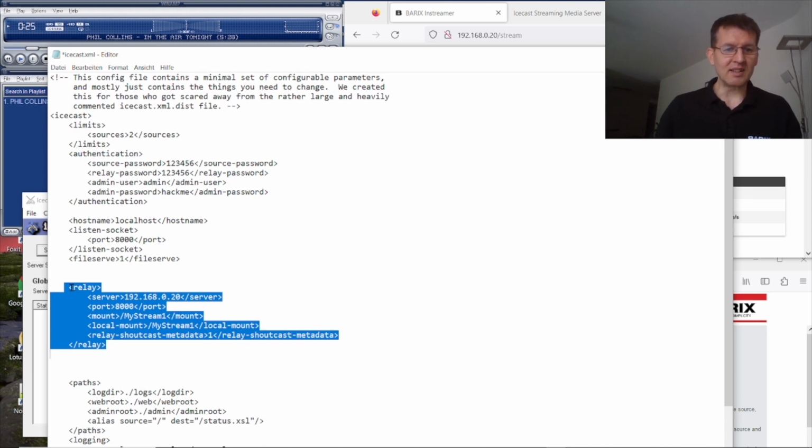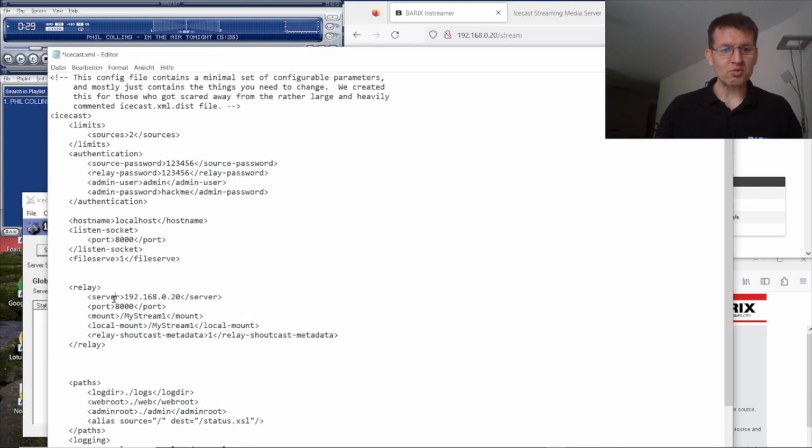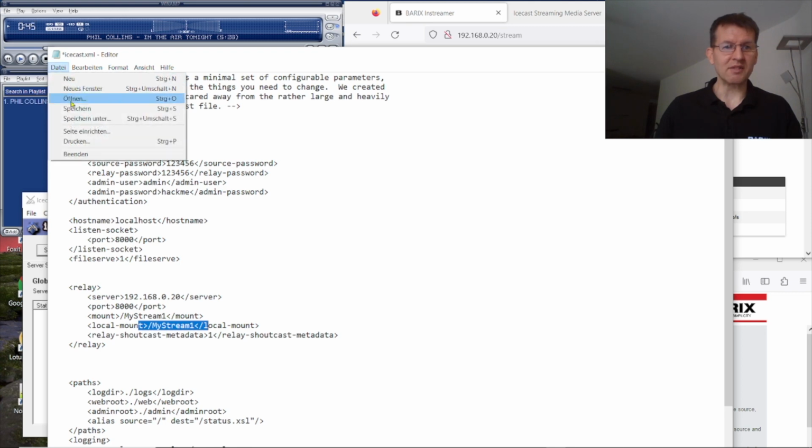We tell this external IceCast server: grab the stream from this IP address, from this port number, from this mount point, and bind this to your own mount point, MyStream1. That we save.